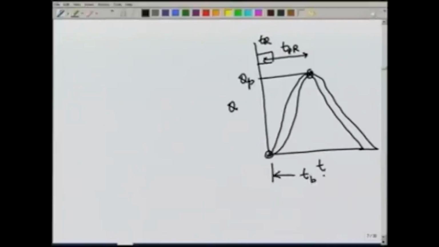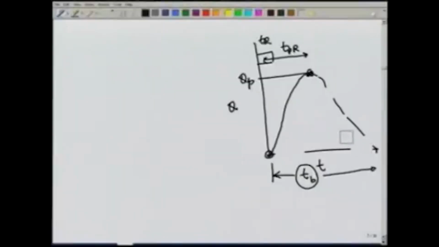One of the parameters which is normally given is the time base TB. This is the time base of the UH, and there are again equations provided for this time base in order to help us sketch the unit hydrograph. There are some other parameters, for example, the width of the unit hydrograph at some location can be given. In this case, suppose QP is the peak flow, we can find out what will be the width of the unit hydrograph at 50% of